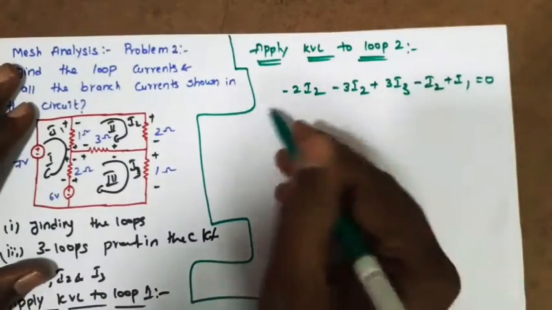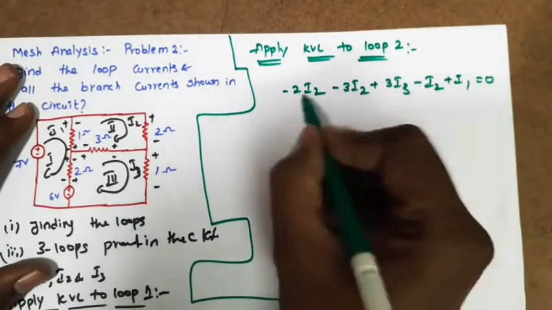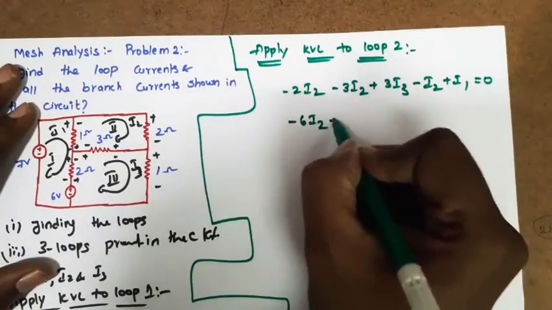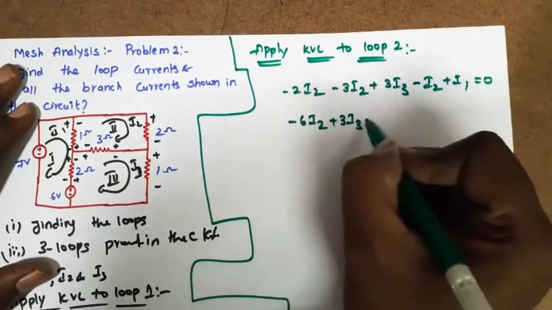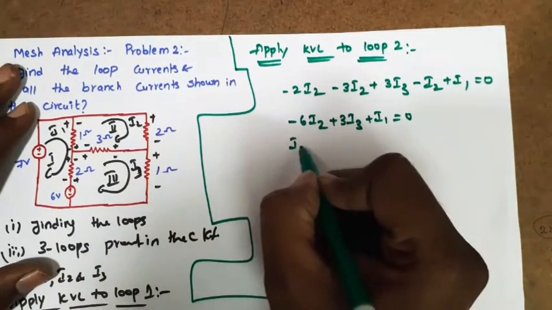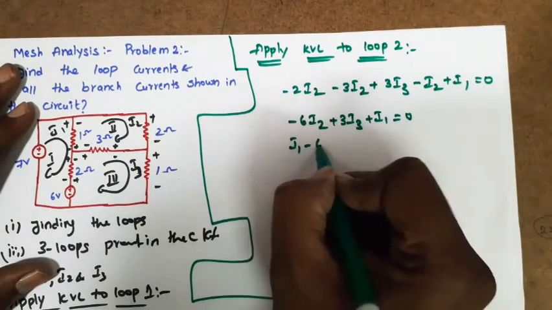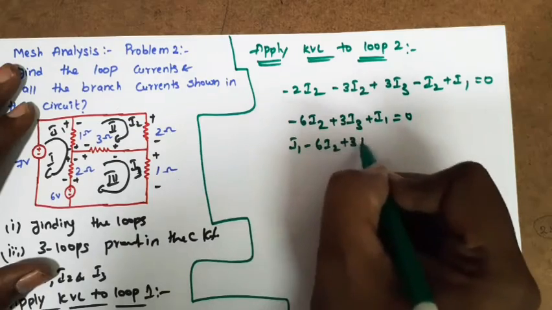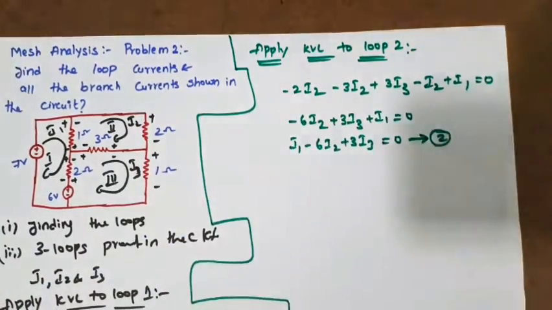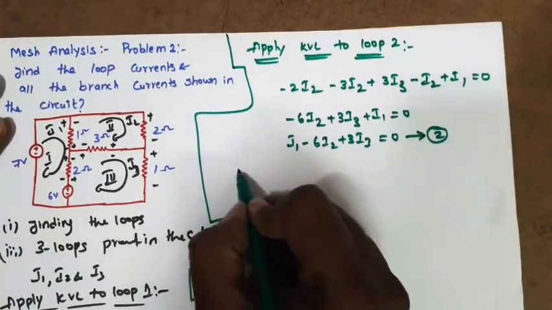Now solving by this, minus 6 I2 plus 3 I3 plus I1 is equal to 0. By rearranging this equation, I1 minus 6 I2 plus 3 I3 is equal to 0. Take it as equation number 2. Is it clear? Okay. Now next one, apply